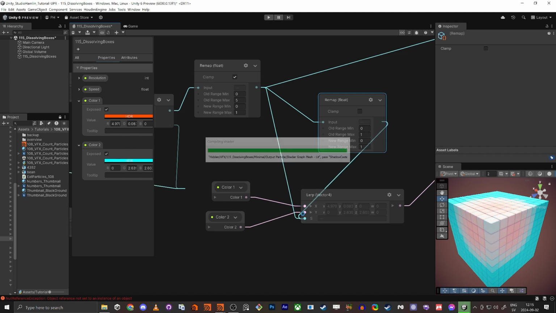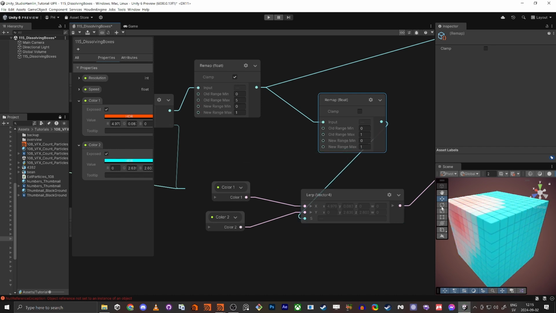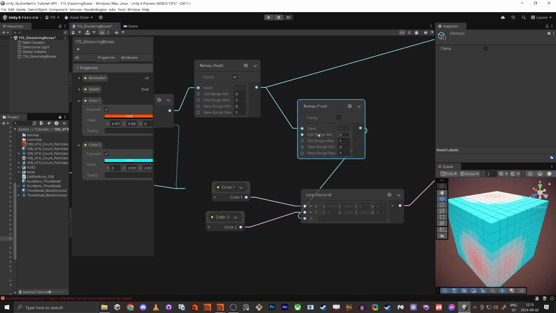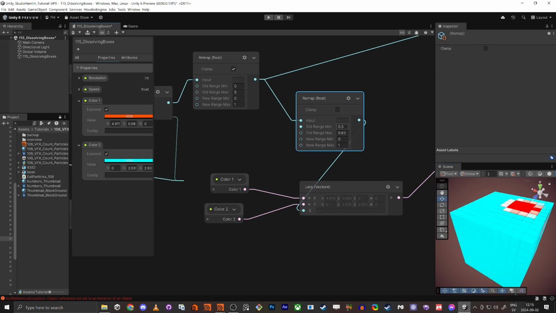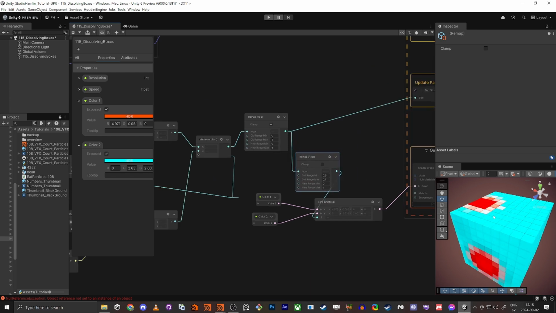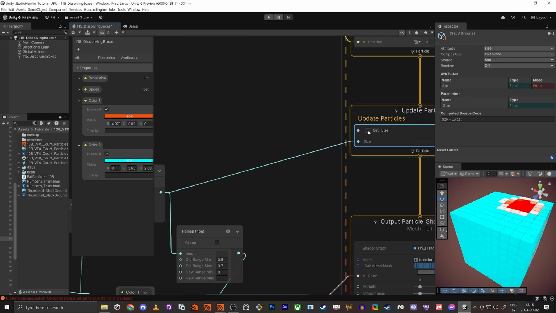So when we plug it in here, there is no difference. It's going to be the same. But the thing is, we want to do the measurement from 0.5. And then we want to clamp this one down. So now you see that the measure is only taking place between the distance, the value 0.5 to 0.6 or maybe 0.7, I don't know, maybe that's better. So that's cool. And also now when we have the colors in place, we can work with this